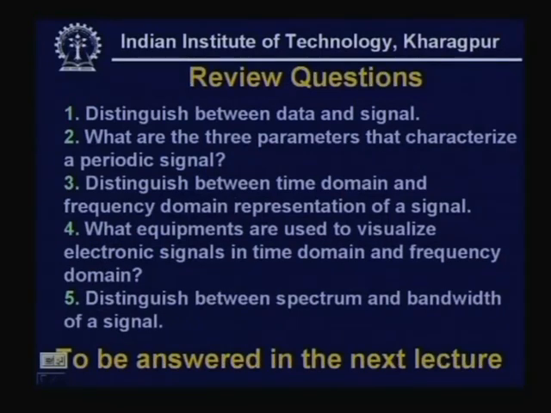So, we have covered different topics related to data and signal. Here are the review questions on this particular lecture. The questions are: distinguish between data and signal. What are the three parameters that characterize a periodic signal? Distinguish between time domain and frequency domain representation of a signal. What equipment is used to visualize electronic signals in time domain and frequency domain? Distinguish between spectrum and bandwidth of a signal. So, these questions will be answered in the next lecture,